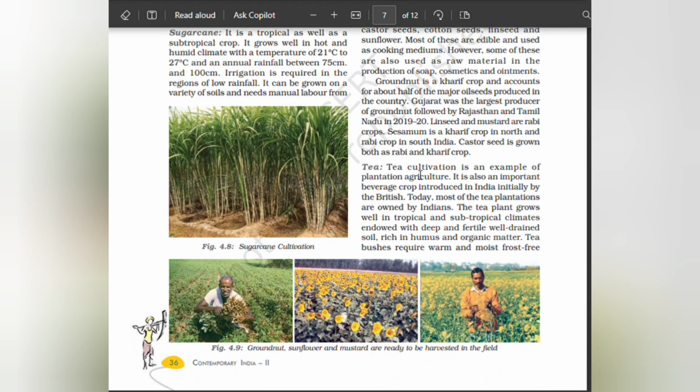Tea. Tea cultivation is an example of plantation agriculture. It is an important beverage crop introduced in India initially by the British. Today, most of the tea plantations are owned by Indians. The tea plant grows well in tropical and subtropical climates, endowed with deep and fertile, well drained soil, rich in humus and